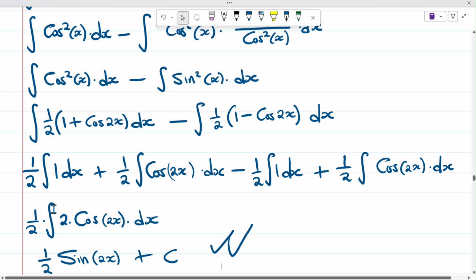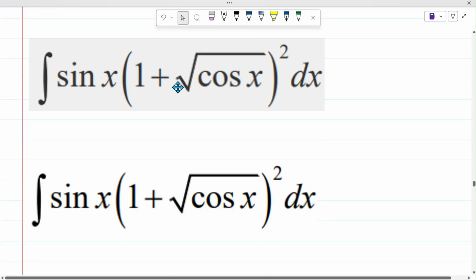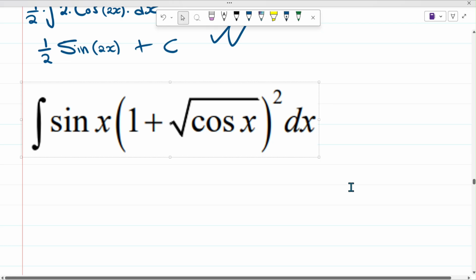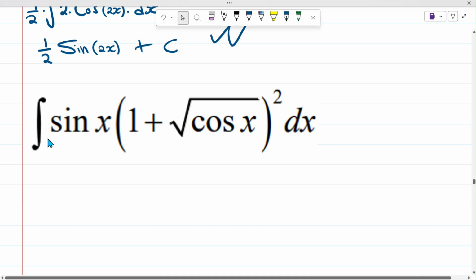All right, so let's see another question quickly. So now we've got this integral: the integral of sine x into 1 plus root of cos x, squared, dx. When we check here, we can see that there is no way that something was differentiated for us to get this big thing, right? So we need to simplify this by first multiplying out here, since we have this squared here,